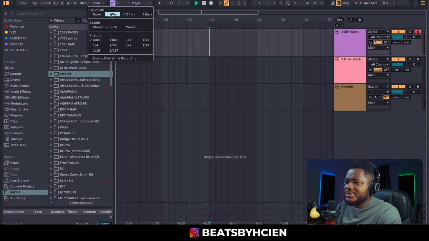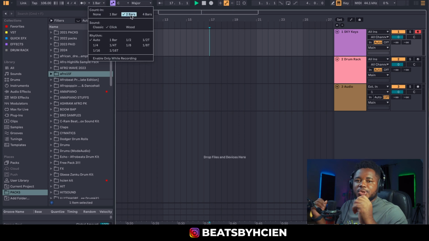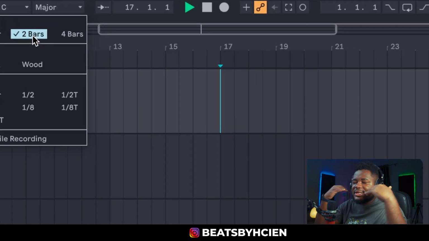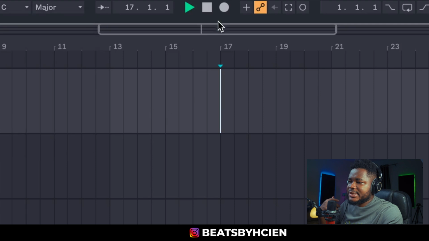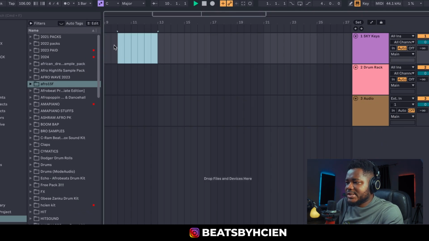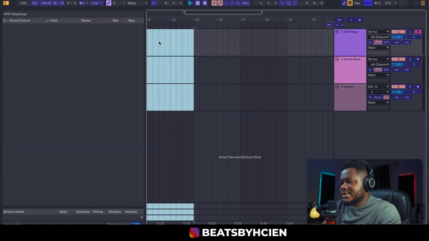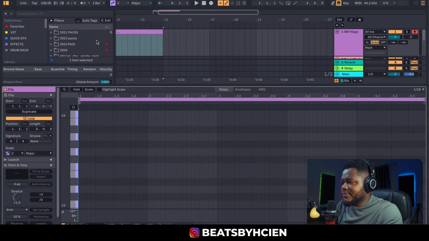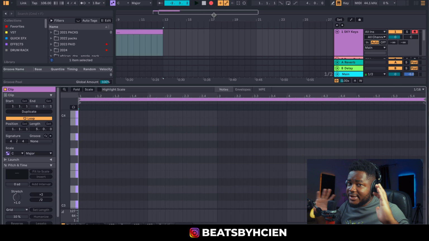I'm making the count-in to be 2 bars, meaning it's going to count in 2 bars before it starts recording. So that's the essence of this. This is just simply when you play something. For instance, let's say I play in a sound. So let's say we play in a sound. We record now. Please don't talk about anything. I just want to explain something to you guys. So we record,